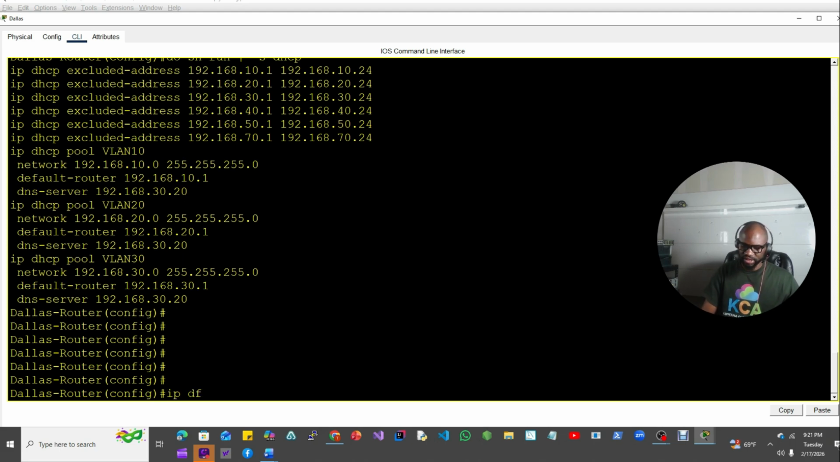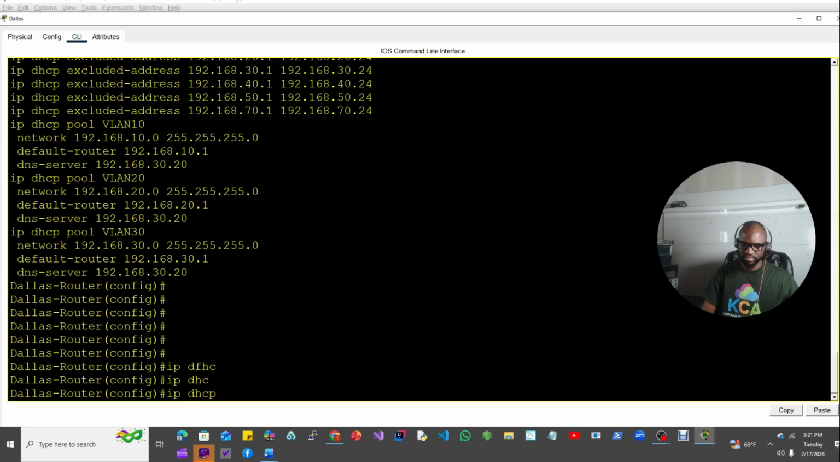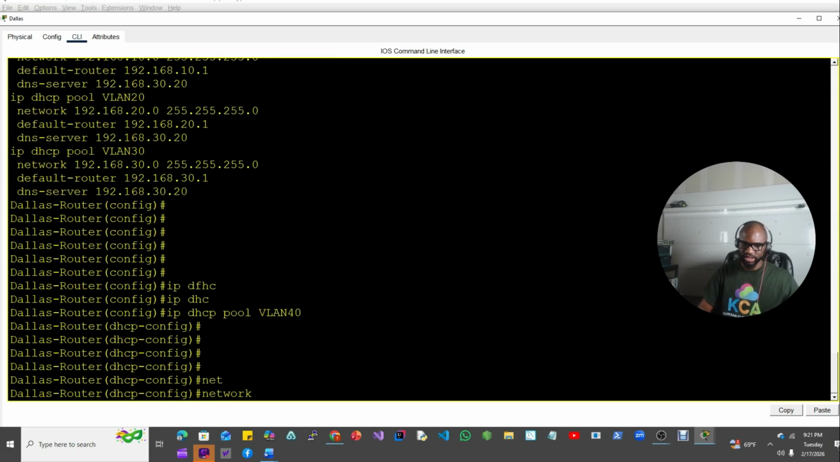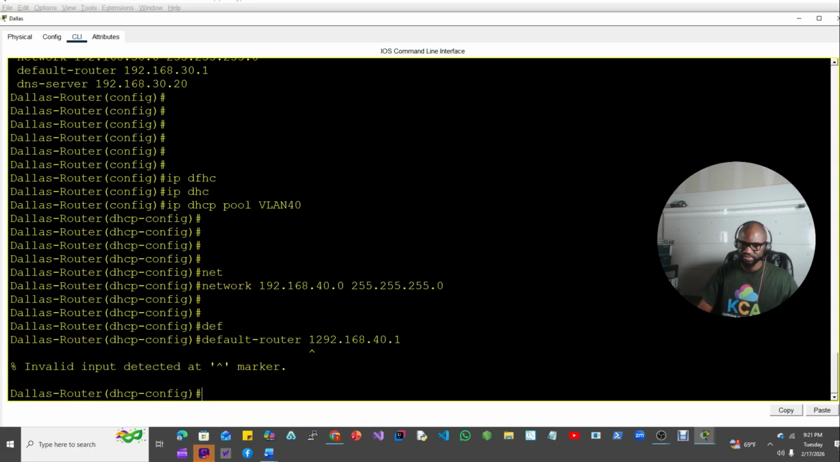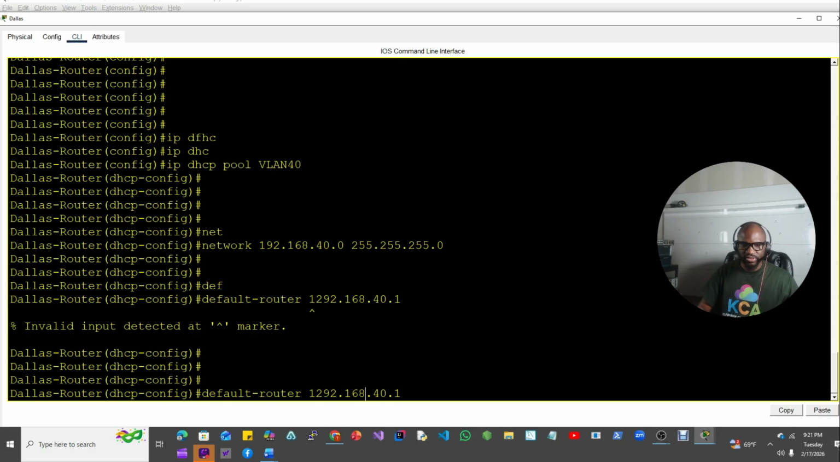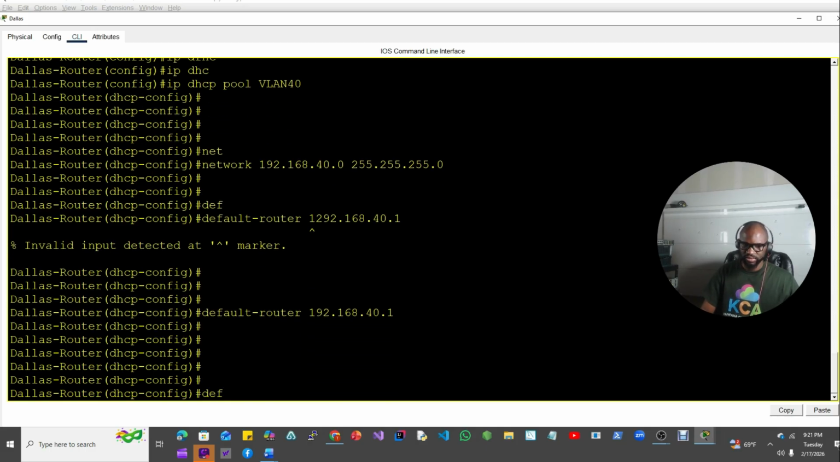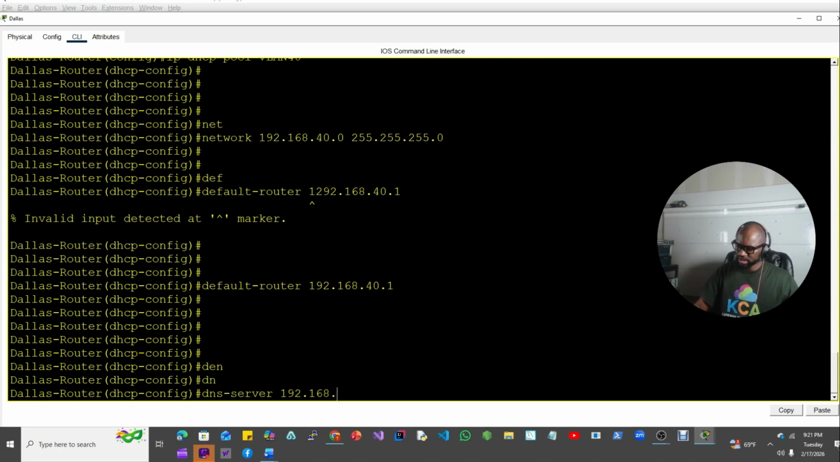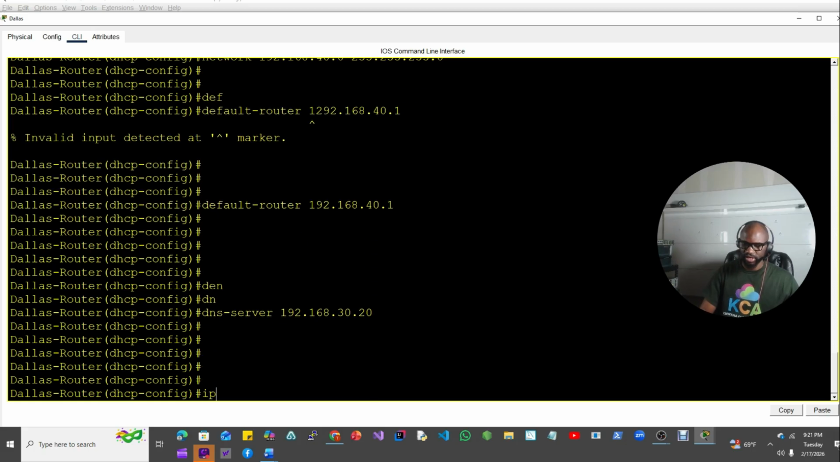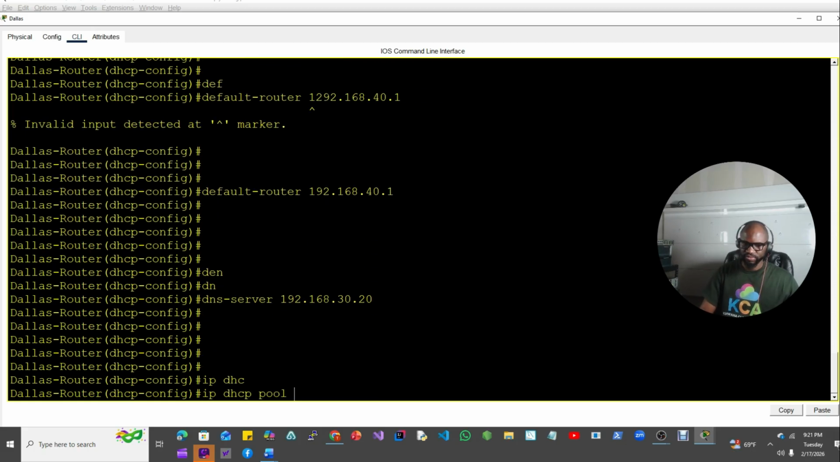We say ip dhcp pool VLAN 40, network 192.168.40.0 255.255.255.0, default router 192.168.40.1. This should be a typo there. And DNS server 192.168.30.20, and then ip dhcp pool